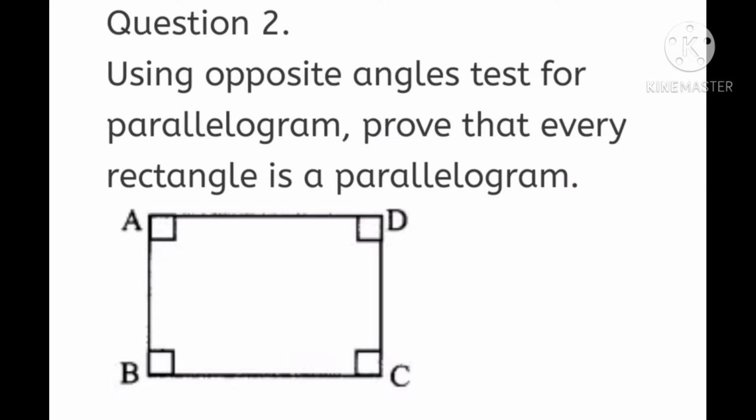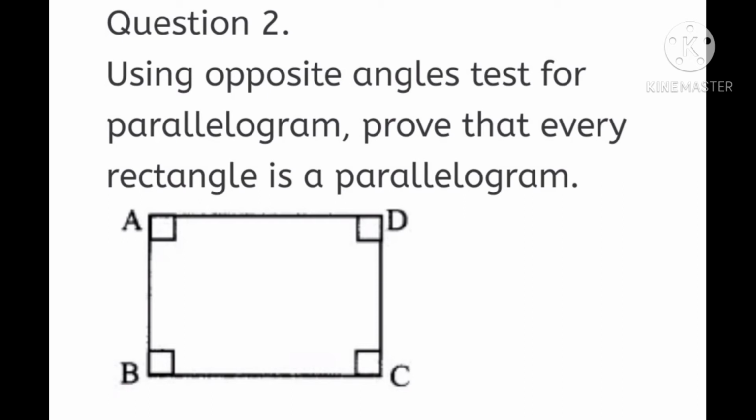Now move to question number 2 of practice set 5.2. Question number 2 is very easy. Using opposite angle test for parallelogram, prove that every rectangle is a parallelogram. Here we have to prove that every rectangle is a parallelogram. It's a very easy question. You know that in a rectangle all angles are of 90 degrees, then opposite angles automatically are congruent, because opposite angles are 90. So easily by